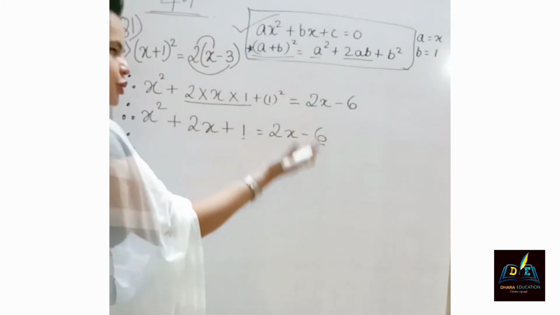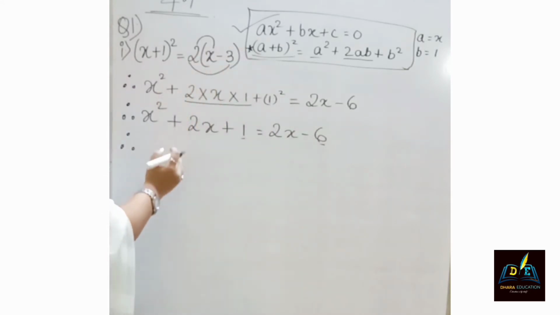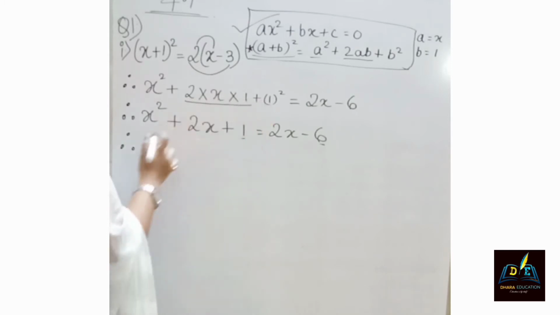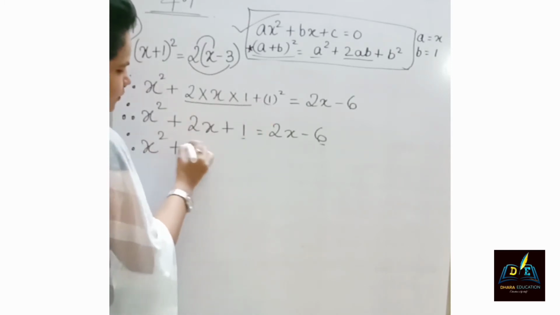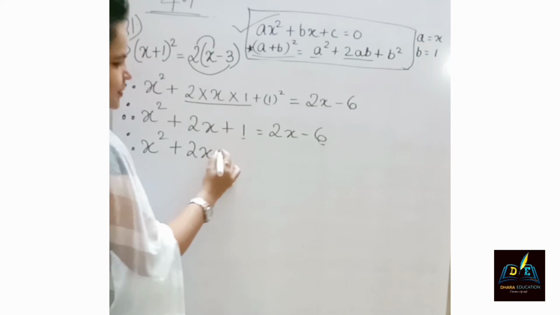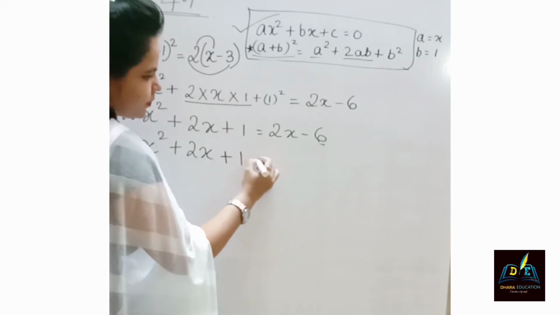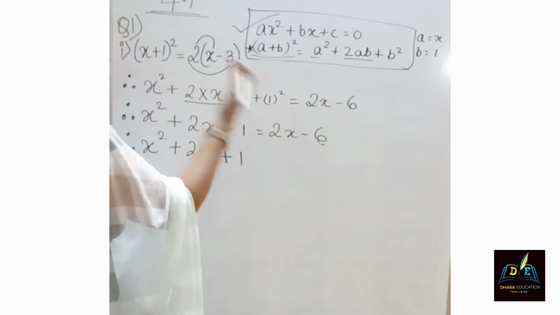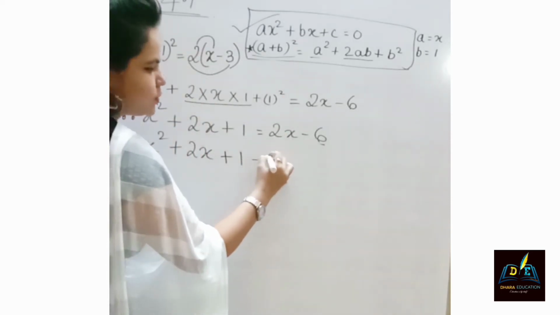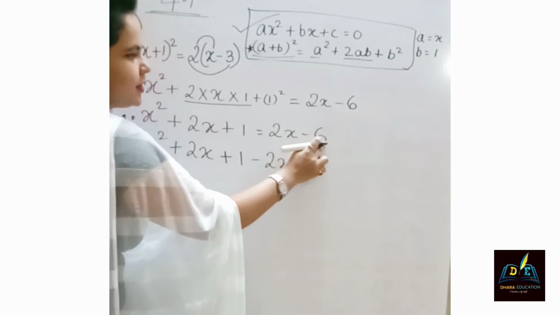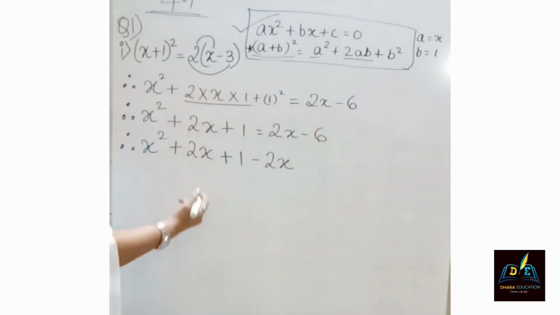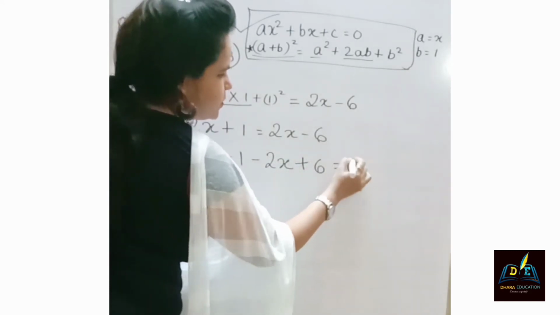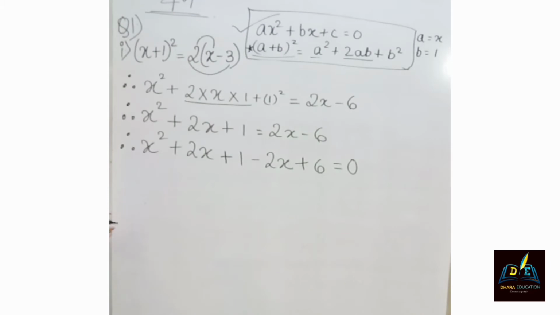That means we will shift all the right hand side variables and constant numbers to the left hand side, and we will write 0 here. So exactly what we are doing here, this will be as it is. Here it is only 2x, so when it shifts to the left hand side, it will act as minus 2x. Here it is minus 6, when it shifts over here, it will act as plus 6 is equal to 0. Am I clear on this step for everyone?